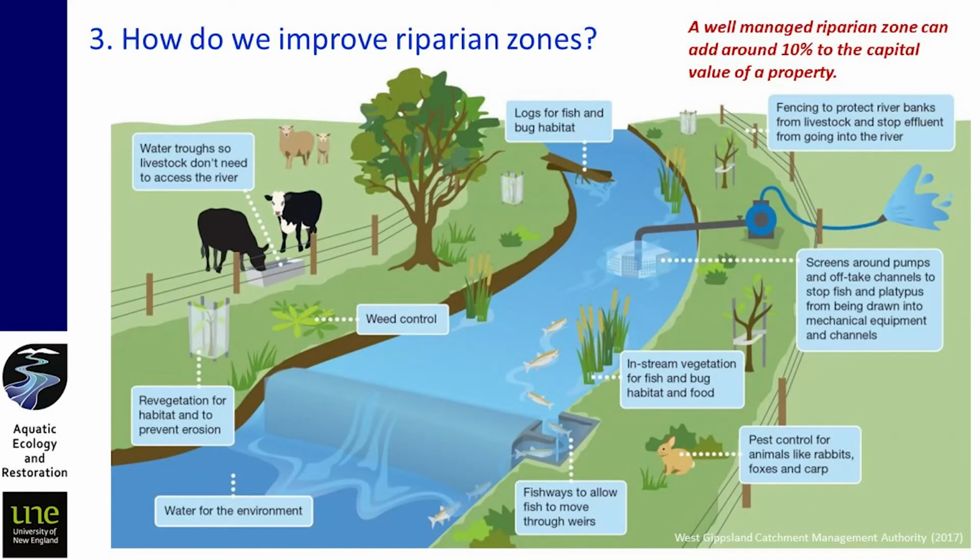And so anecdotal evidence from property agents, and again this is sort of more southern New South Wales and Victoria, is that a well-managed riparian zone can add about 10% to the property value, and so it's well worth maintaining those, not just for the benefits that you get now, but if down the track people need to sell, those who are looking for properties are looking to see good land management, and that's an indication of good land management, good water management, and also somewhere where they can go and enjoy the river.